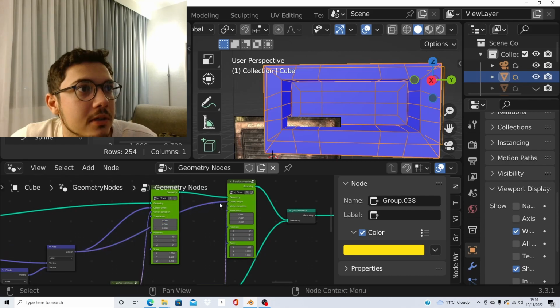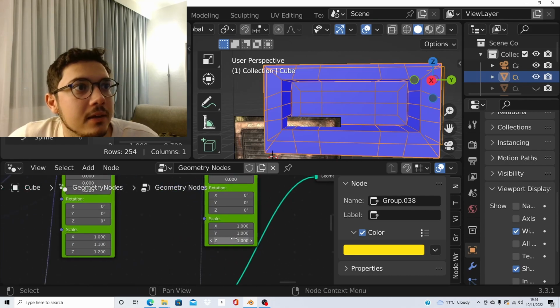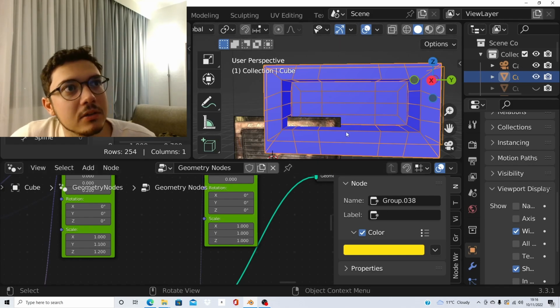So I'll just do this here, and then I want to scale it down in the Y direction. Actually no, up, because the center is here, so this goes up, and then here if I increase the Z components,